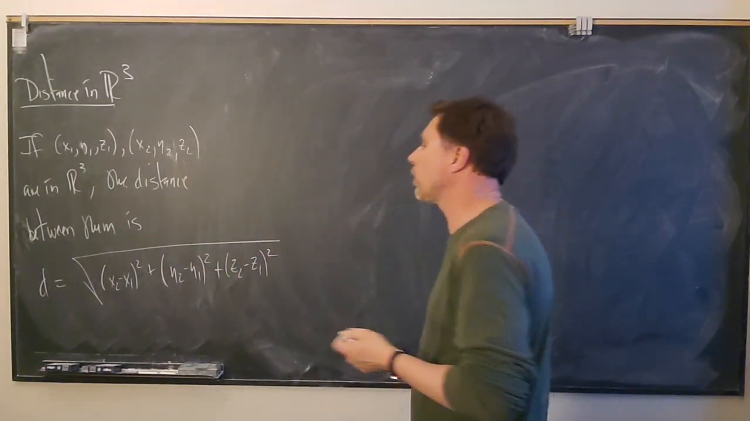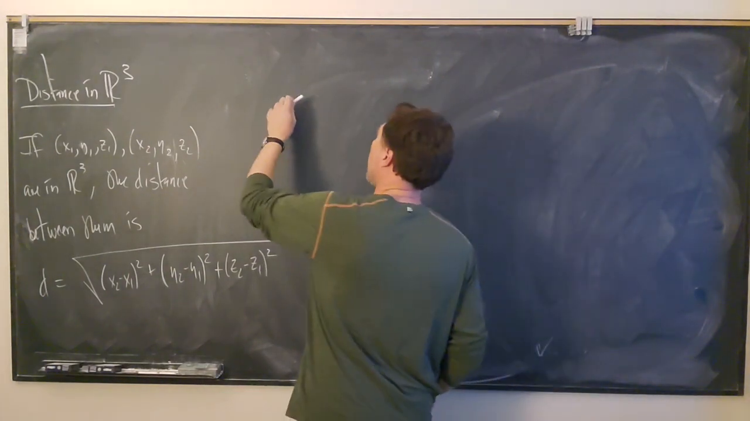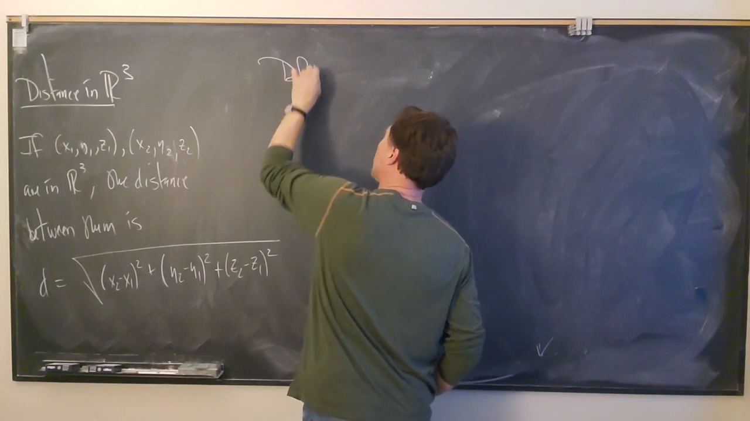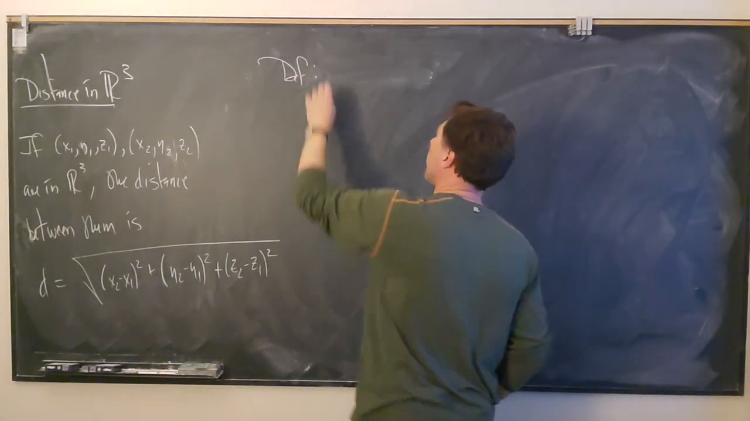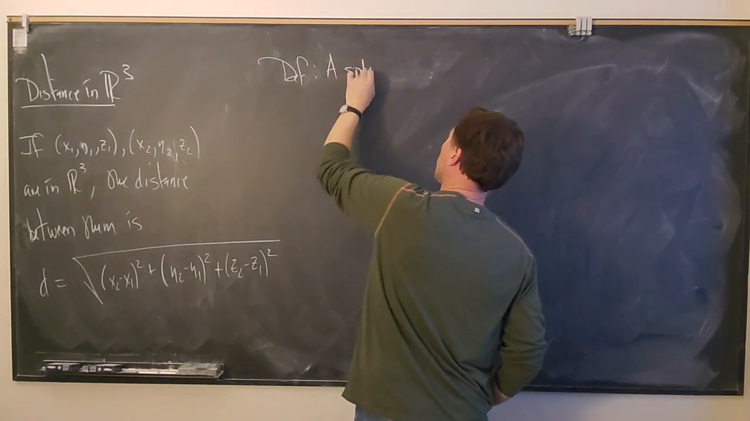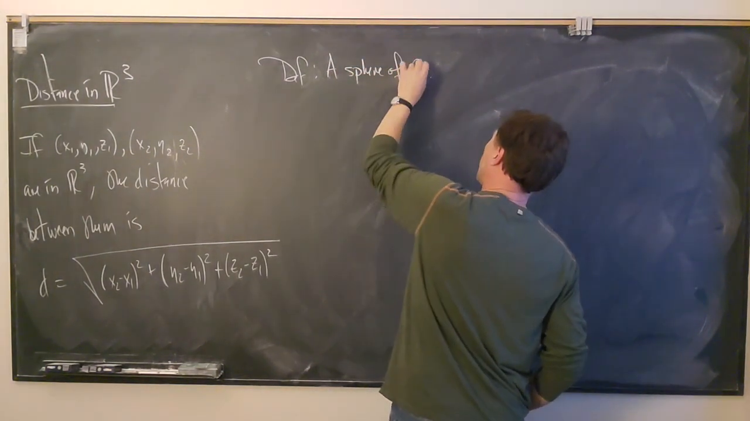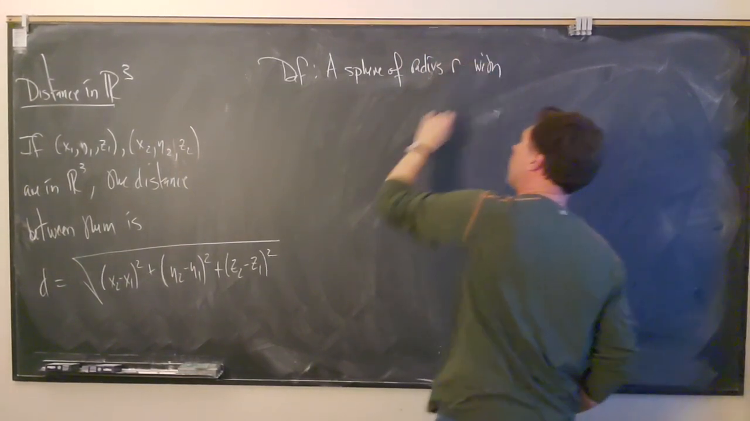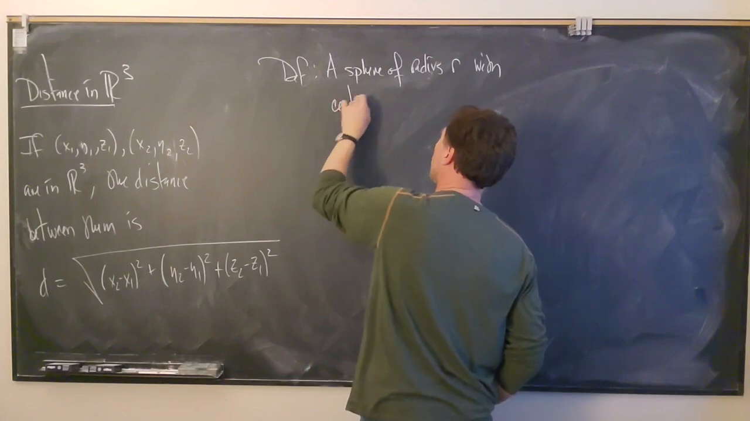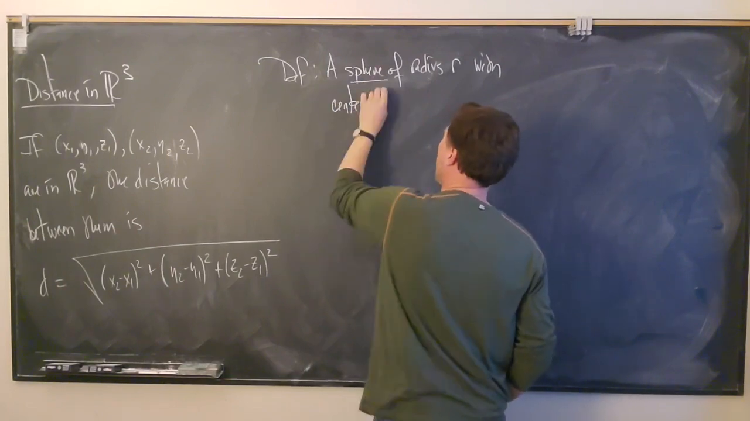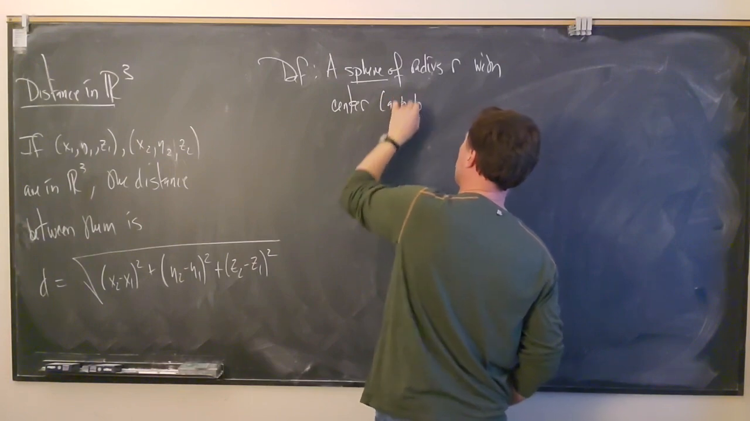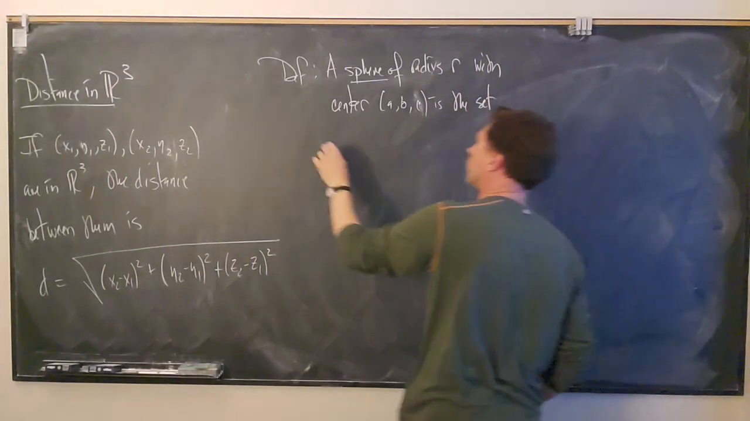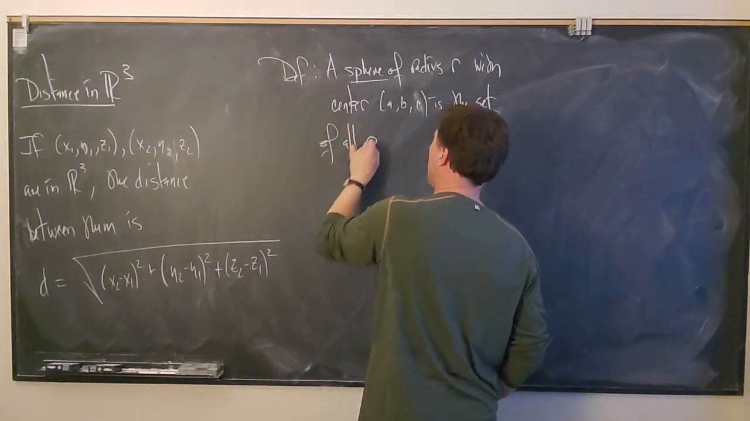Now this distance formula leads to an important surface. So let's define what we want to talk about, a sphere. So definition, a sphere of radius, say r, with center a, b, c, is the set of all points